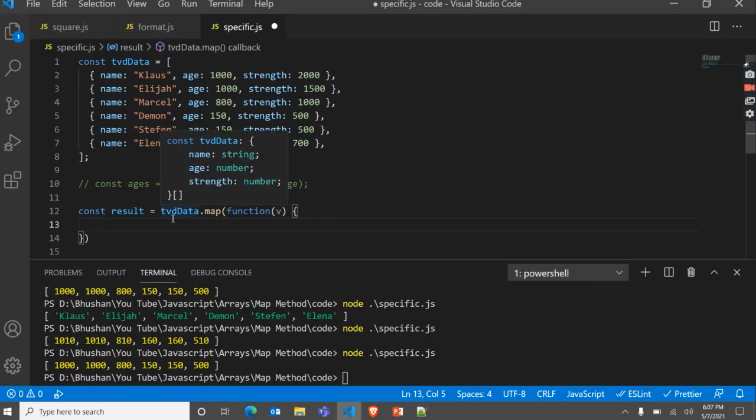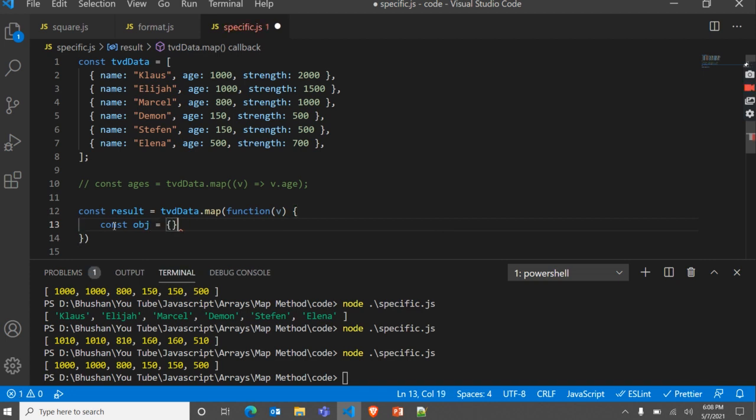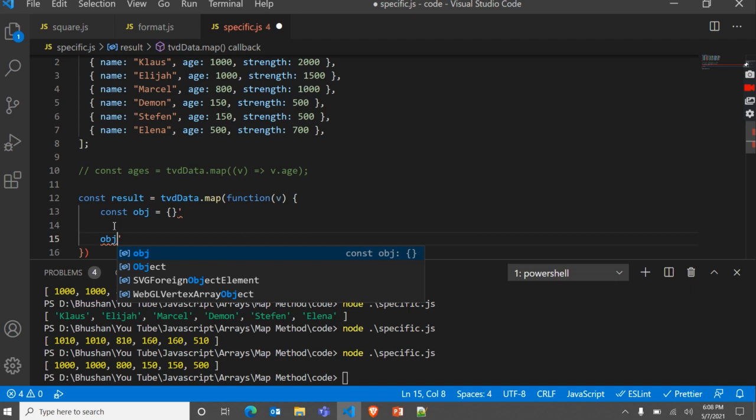We can use a normal object here, or we can directly return a simple object.